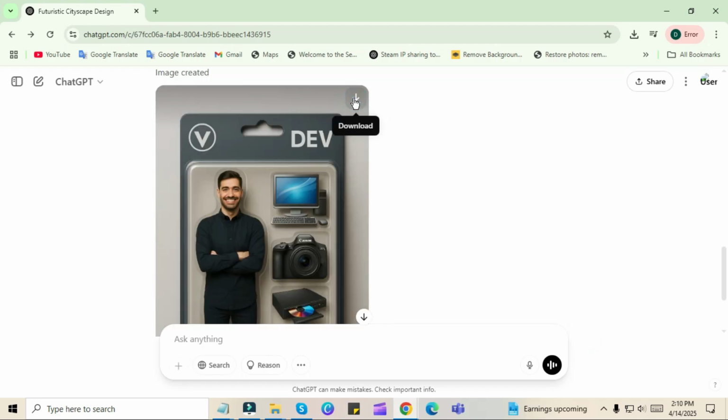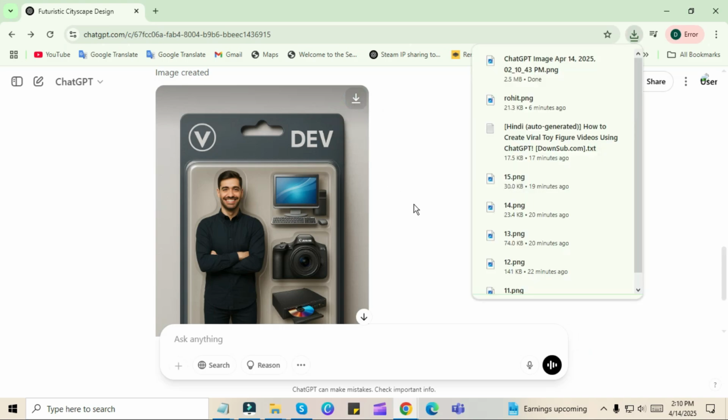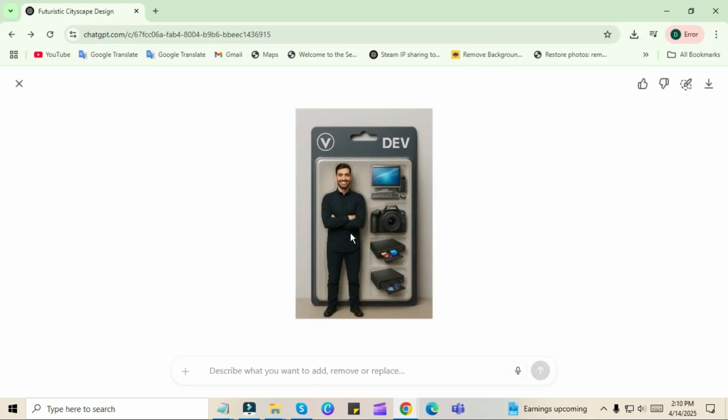Download it. So guys, this is how you can make viral action figure toy videos using ChatGPT and AI tools